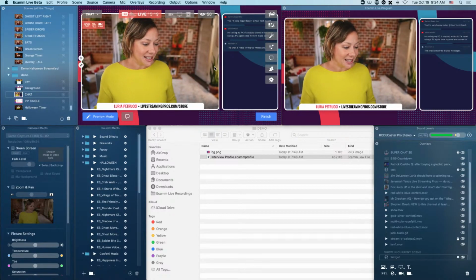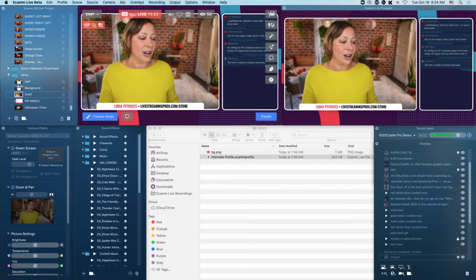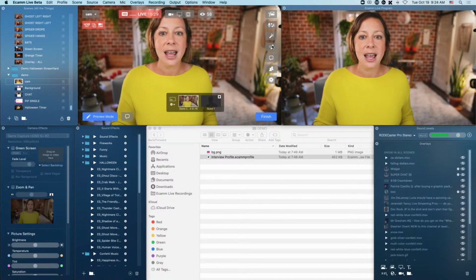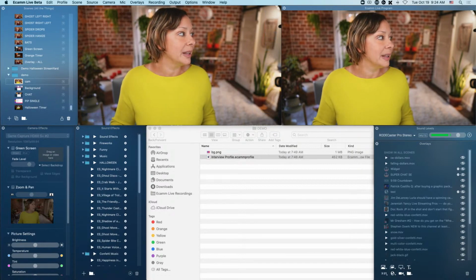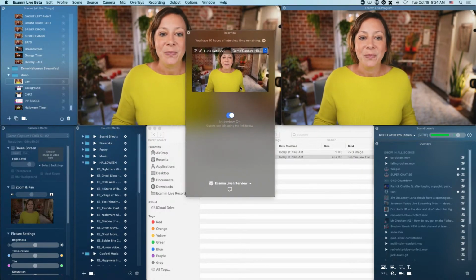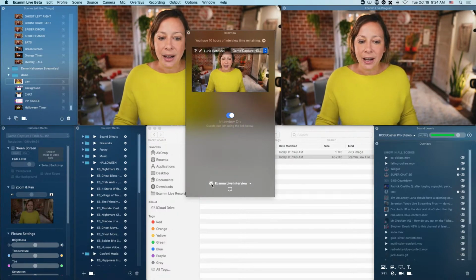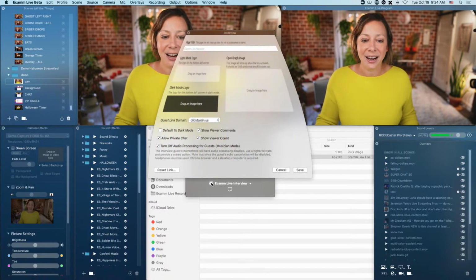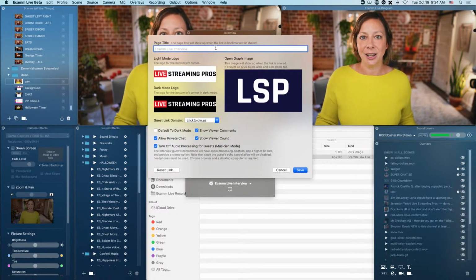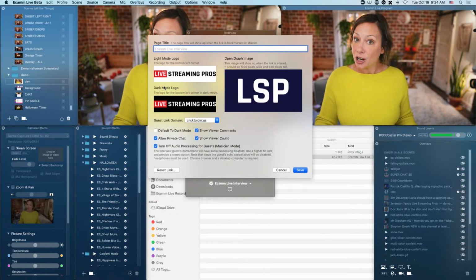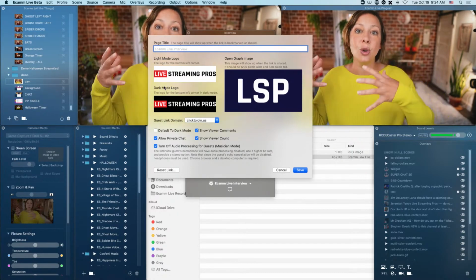So that's the widgets, and then your interview mode. Let me walk you through the interview mode. If I open up interview, there's a lot more capabilities inside of interview mode now. You'll notice that it looks the same. However, if you click on the gear button here, you now have the ability to load in your different logos. So you have light mode and dark mode now. So when the guest is joining you,